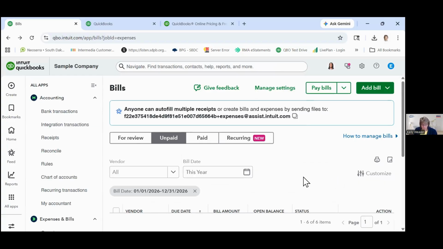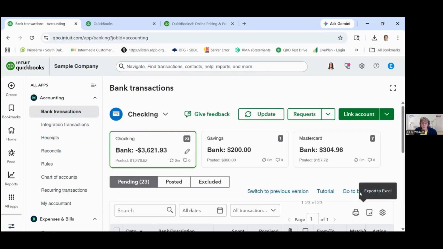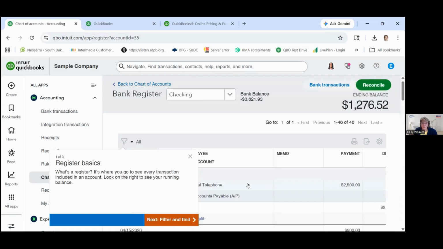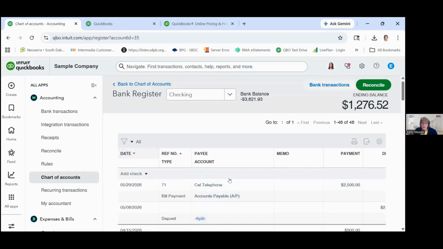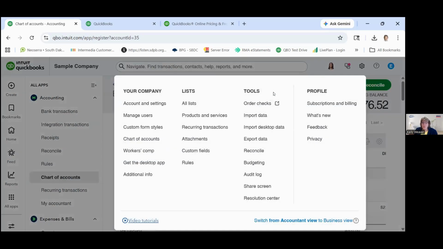I'm going to visit the bank feed again and just visit the reconciliation window so that you know what that looks like. So I think if I go to bank register, this is just like your typical checkbook register where you'd see ins and outs. There's the reconcile button. Also under this gear or the plus icon, I believe, also has reconcile somewhere. Sure, make a liar out of me here. Okay, it doesn't. Maybe it's under settings. I thought I saw it on one of these windows. Yep, right there, tools.